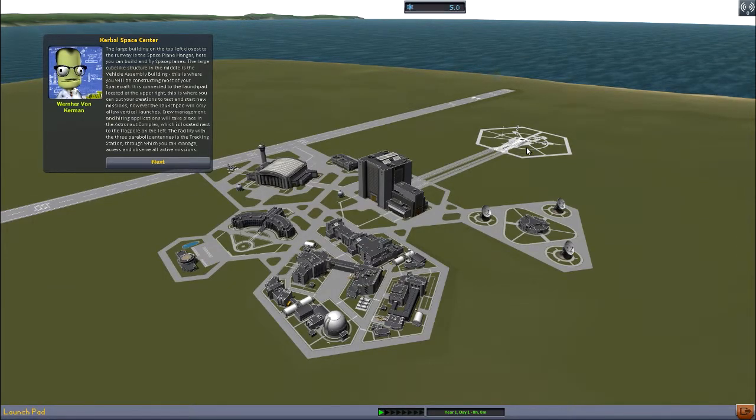This is where you can put your creations to test and start new missions. However, the launch pad will only allow vertical launches. Crew management and hiring applications will take place in the astronaut complex, which is located next to the flagpole on the left. The facility with the 3 parabolic antennas is the tracking station, through which you can manage, access and